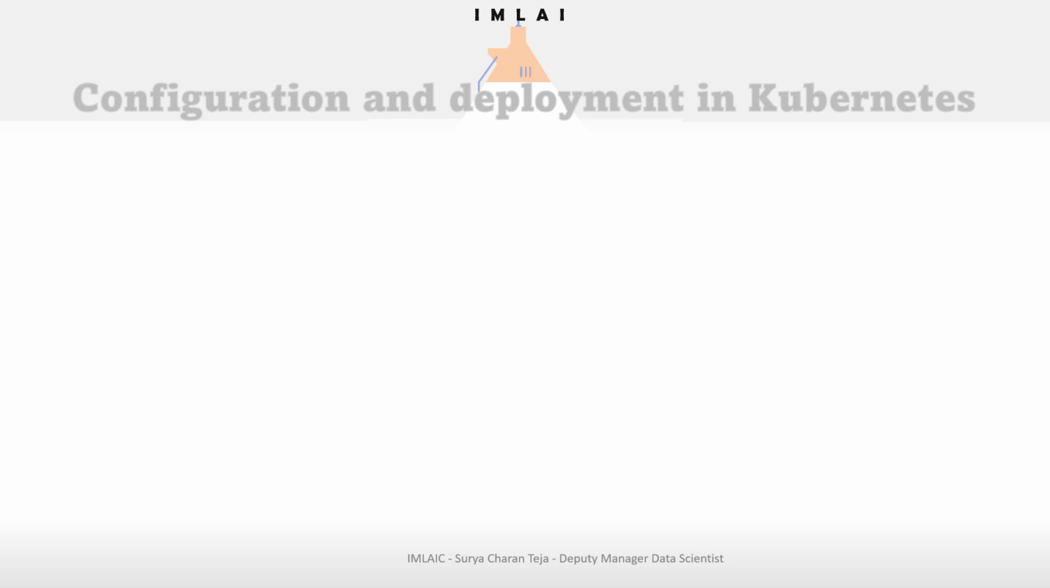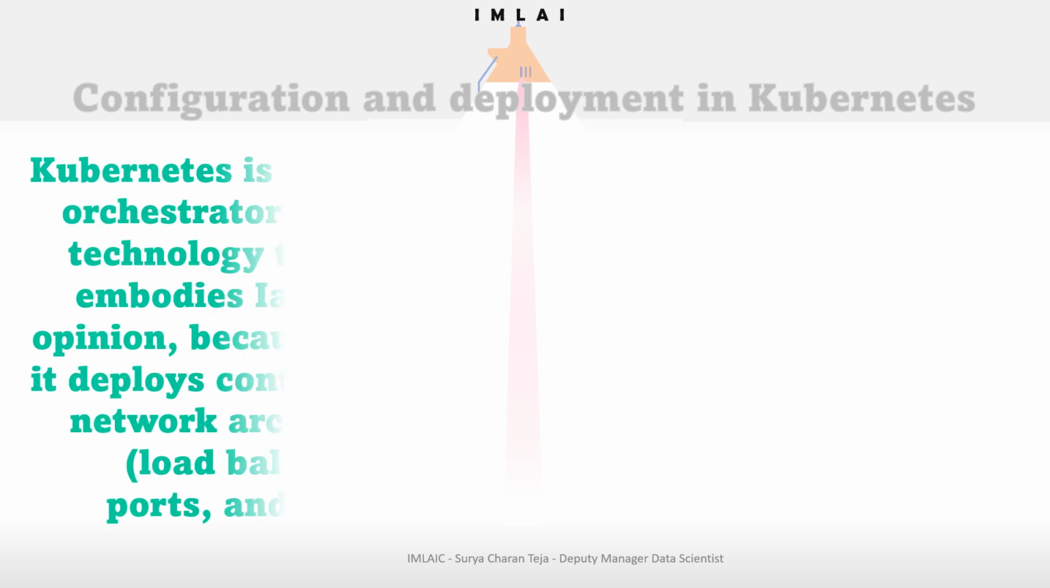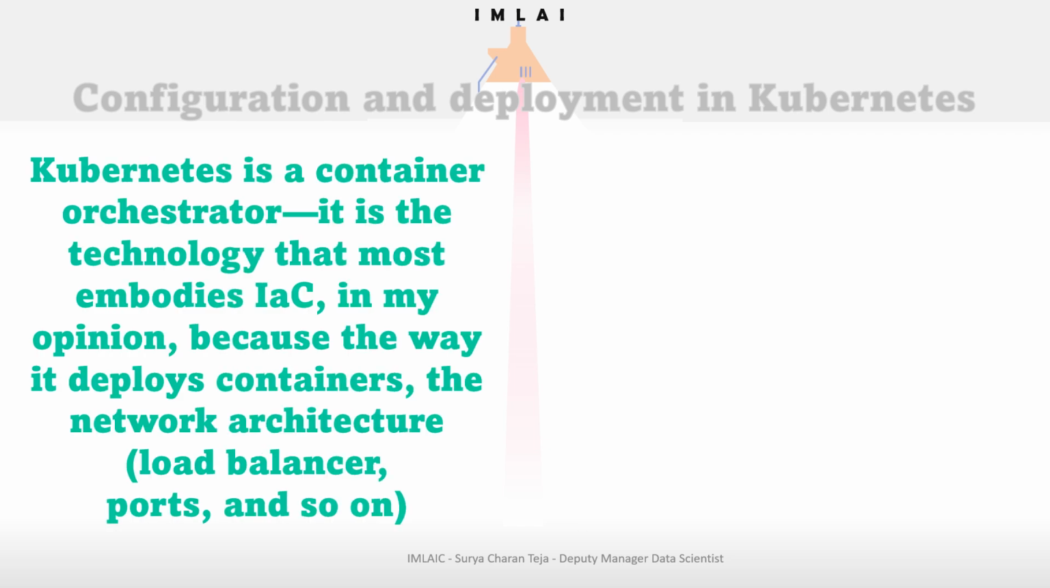So now let's look into configuration and deployment in Kubernetes. Kubernetes is a container orchestrator. It's the technology that most embodies IaC, infrastructure as code, in my opinion, because of the way it deploys containers, the network architecture such as load balancer, ports,